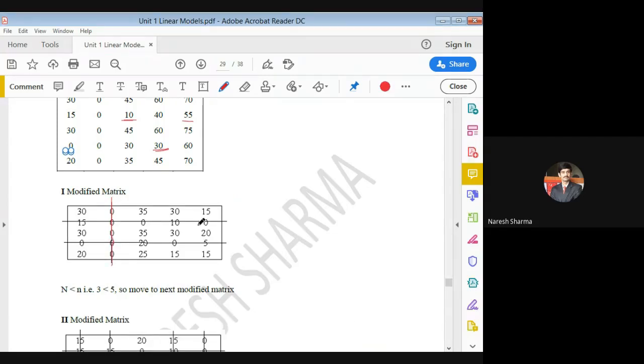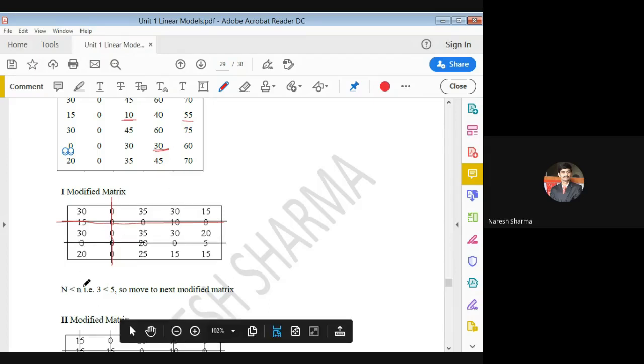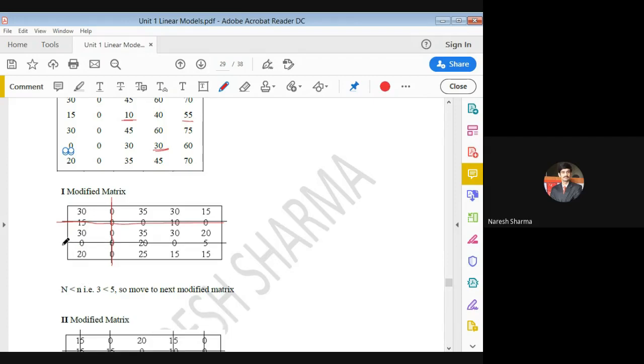Then we have two zeros here, so we prefer to cut this row-wise so that more zeros can be crossed. And here also we have two zeros. We may do it for this also, but we try for the minimum lines. That's why we use the line horizontally instead of vertically, because a horizontal line covers two zeros in a single line. So at this stage you see the minimum lines to cover all zeros are 3 in this